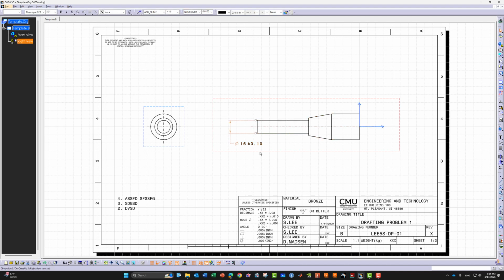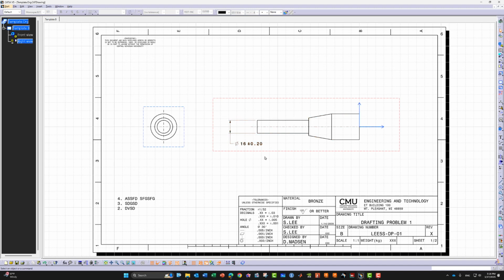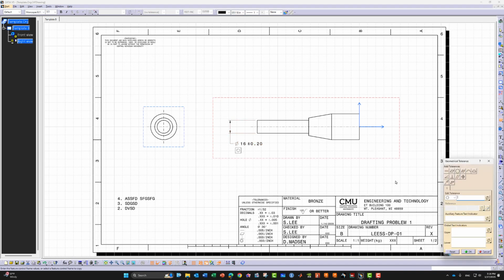Then I want to have this one. If you have a different amount of tolerance, you can just simply go to the properties of the dimension, go to tolerance, and type in the exact amount you want. So you can have a different amount or the same amount. Okay, then you've got the tolerance. Then later you can attach the feature control frame to that dimension there. So in this case, we are looking for